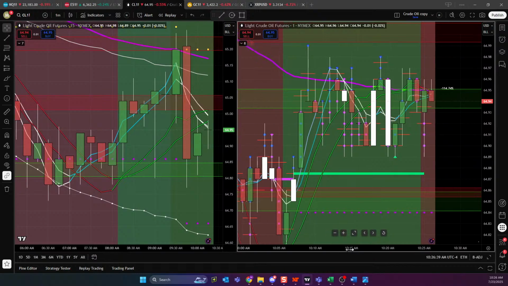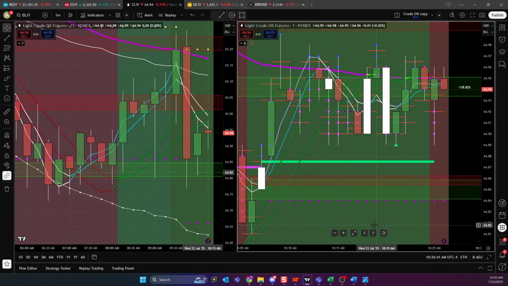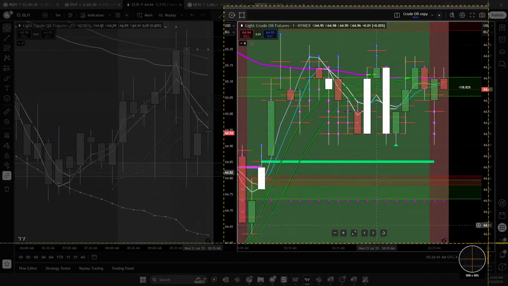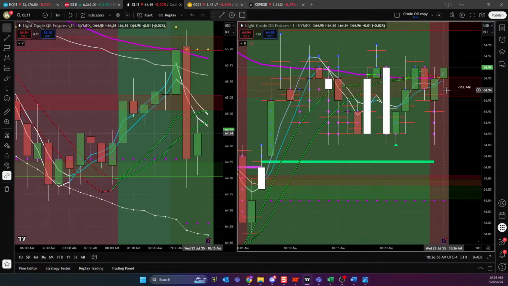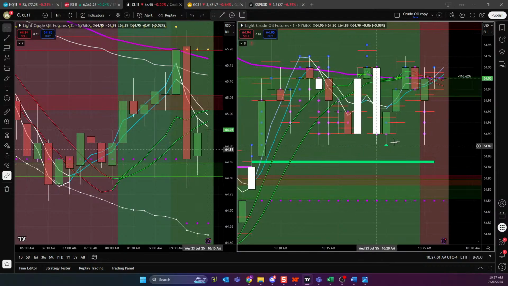Because you can see that they tried. Let me show you something cool about these tails in the information that they give you. They tried to break below the zone and failed. They did it again, and then they get below it. And now they're trying again, guys. If this bar closes below the small triggers, we could try a trend trade to get back to the zone, but look at that. It's just not happening yet. It's still holding. The small triggers are up.